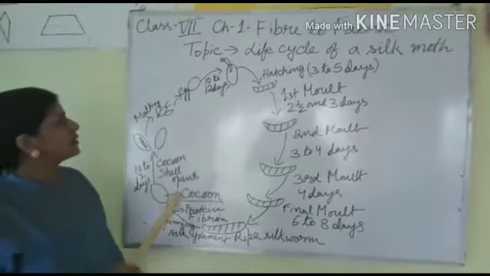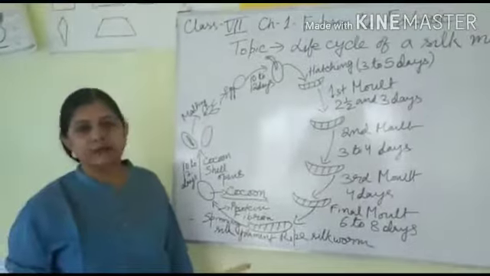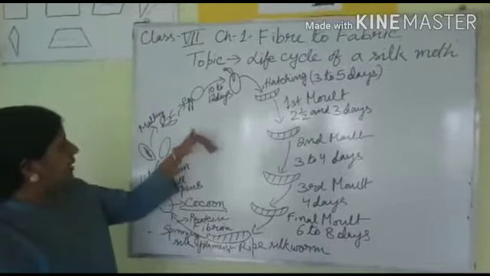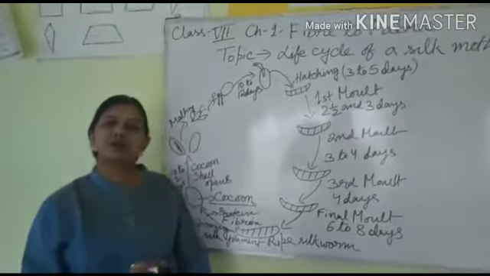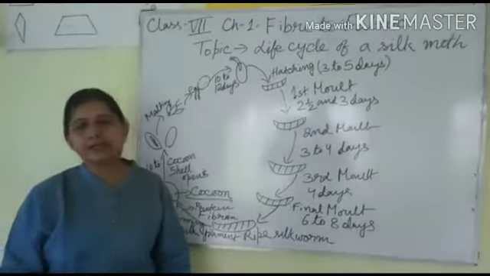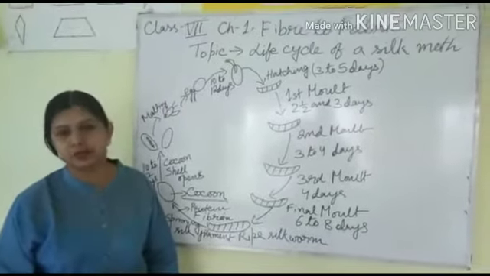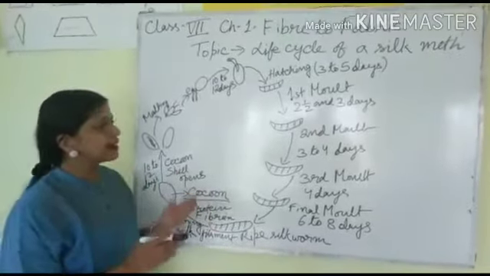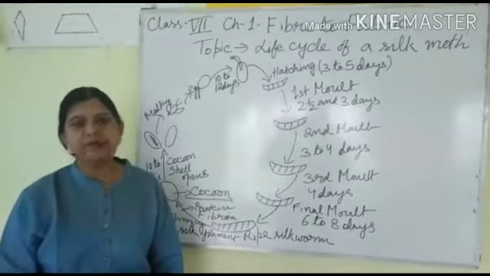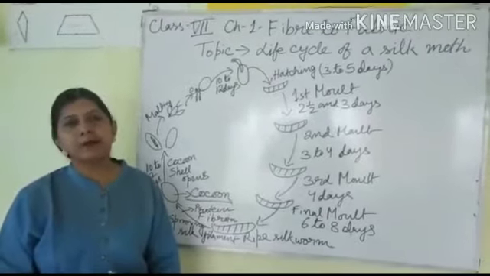I know that you have difficulty in understanding the life cycle of the silk moth and how to obtain the fabric from there. Now, before I go to the main life cycle, I want to inform you that generally silk moth is cultivated on mulberry trees. Mulberry silk moth eats mulberry leaves. So this is sericulture. Sericulture is rearing of silk moth to get the silk fiber. That is done where lots of mulberry plants are planted.